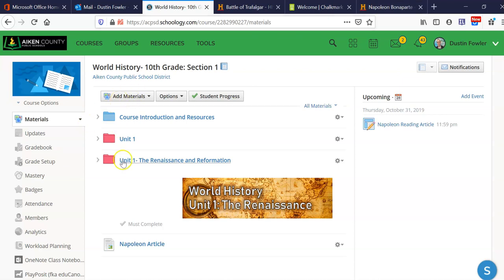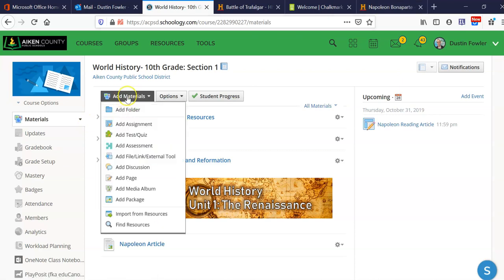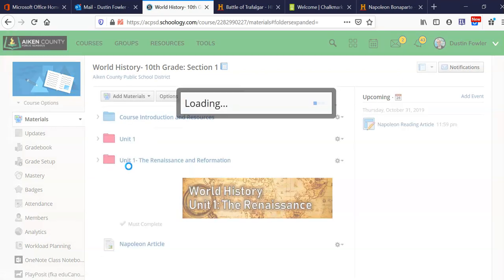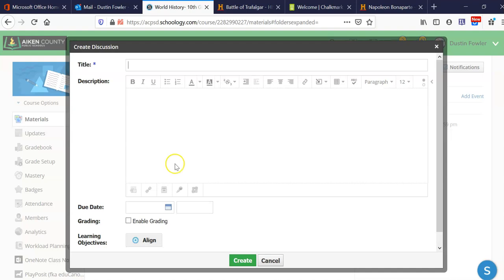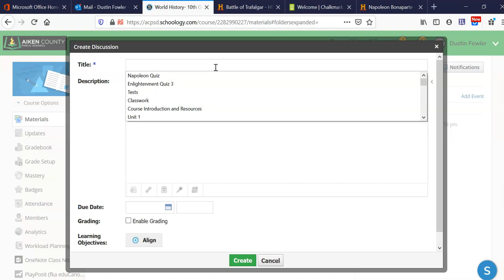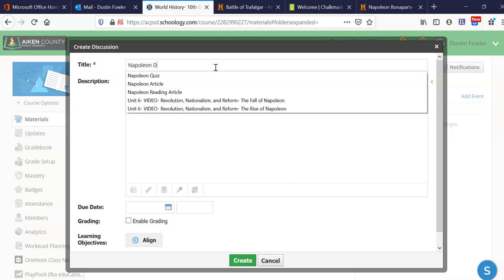So let's say that I want to create a forum assignment. I go to Add Materials and I click on Add Discussion, because what this is going to do is give students a way of being able to discuss electronically, like they're having a conversation. All right, so I'm going to call this Napoleon Discussion